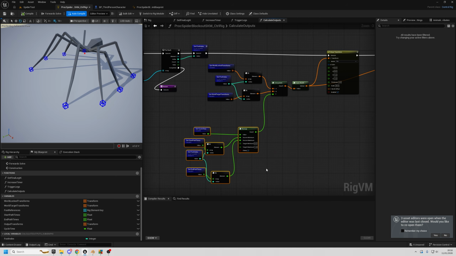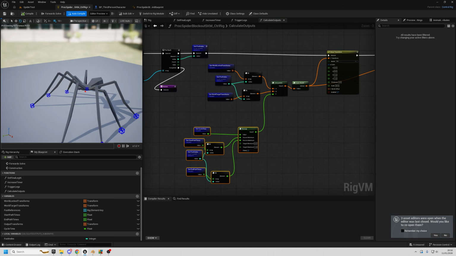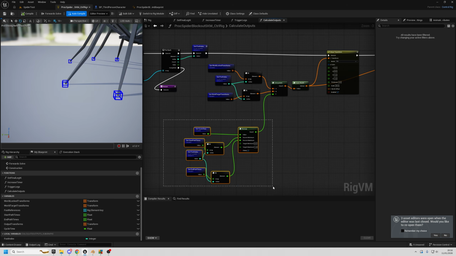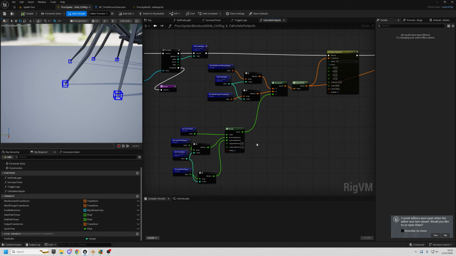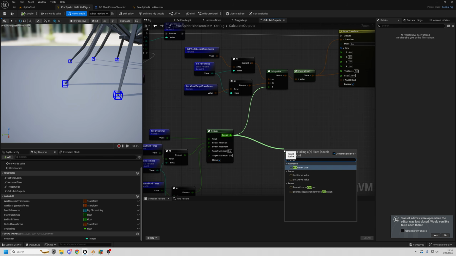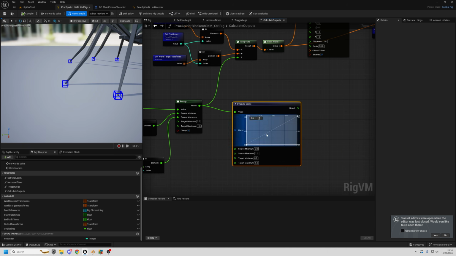Now this is not an ideal way to do it, especially if you're doing something like a human character. You'd want a more complex way to interpolate. I'm just going to map this value from 0 to 1 to some curve that we just add on to the height. So drag out from the remap and search for evaluate curve. So this will just take a value from 0 to 1, source minimum maximum, and output whatever these values are. So it's just going to be 0 to, let's say, 50 to lift the legs up 50